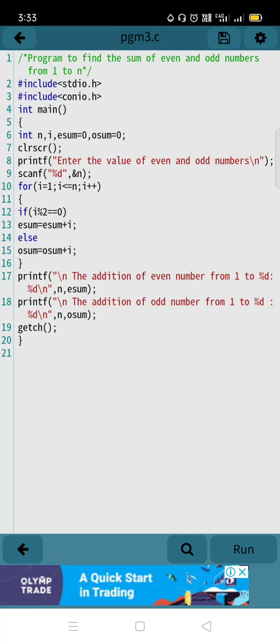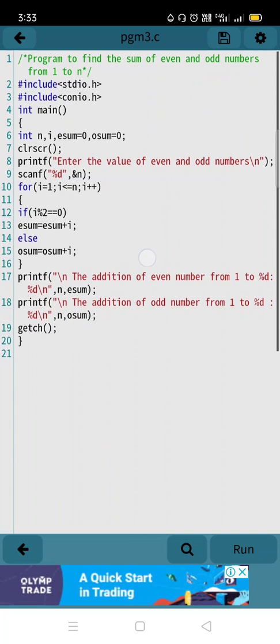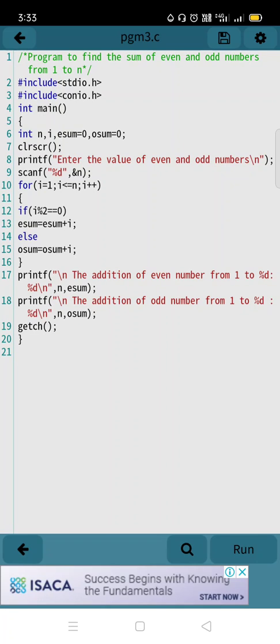Okay, so in the for loop, what operation are you going to do here? You are taking one more condition, an if condition. In the condition you gave I mod 2 is equal to 0. Mod means I divided by 2.